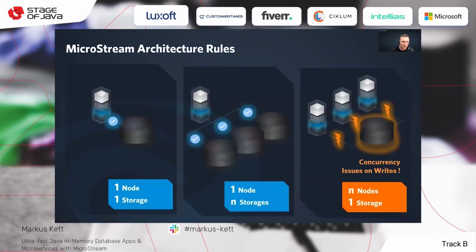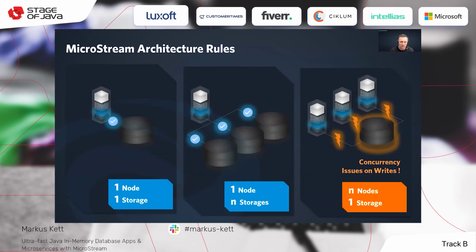Then the next rule, we also have an architecture rule. MicroStream is a single storage instance or a single node storage, which means one application node can store data into one storage, and also one application node or one microservice node can store data in multiple storages.